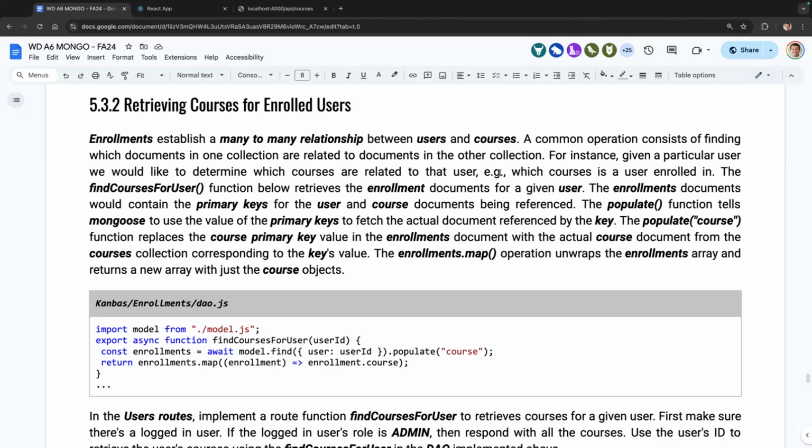And for that, I'll need both things, right? All the courses plus the courses that I've enrolled, and do a difference, and then display them accordingly. We already implemented in the DAO that I can find the courses given a user. That is going to be used in the dashboard to compute that difference, of which I'm enrolled in and not,